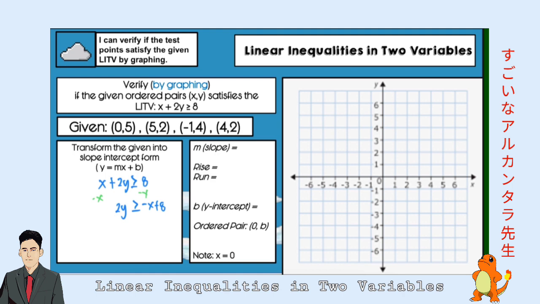Divide everything by 2, just like earlier. Then we're going to have y is greater than or equal to negative 1 half x plus 4. Always remember, class, if you have an x, for example, this is the same as 1x. If you have a negative x, it's the same as negative 1x. And the reason why we're separating the negative x and making it negative 1x is so that we can easily